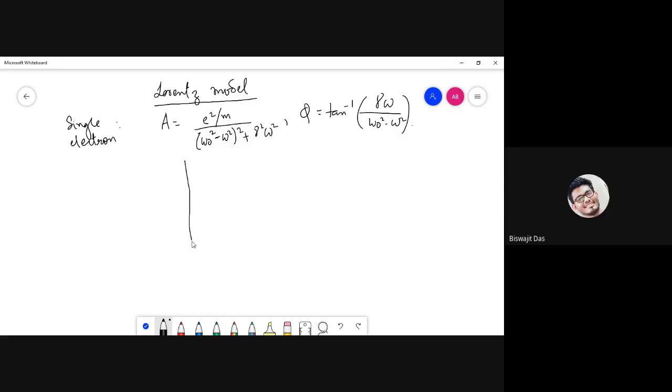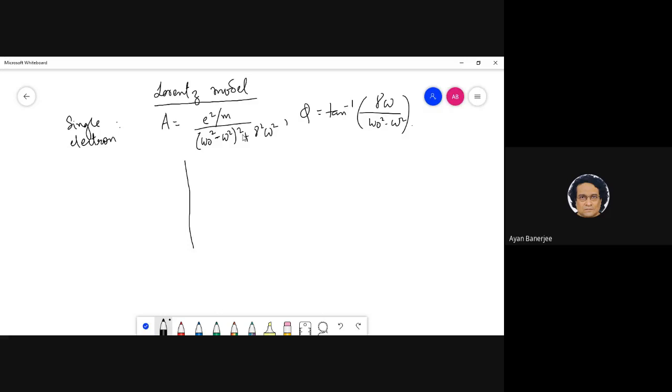No, sir, there is a problem in the expression. There will be a square root in the denominator. Oh, yeah. Okay. Yes. So this is essentially half. Yeah, right. In the amplitude, do we have the square root? I don't think so, no. In the denominator only there will be a square root. In the whole thing? Yes, sir.